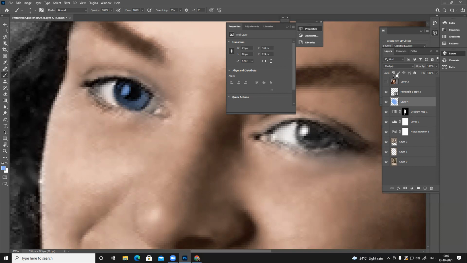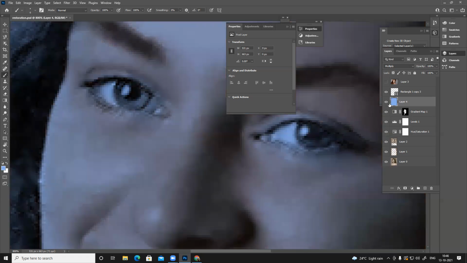This is without locking, Alt Shift Delete. Okay, same color I believe. So without locking, Alt Shift Delete will fill those pixels only. If you just press Alt Delete, it will fill the entire image, the entire layer.